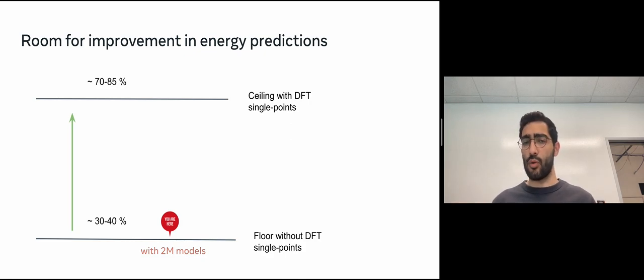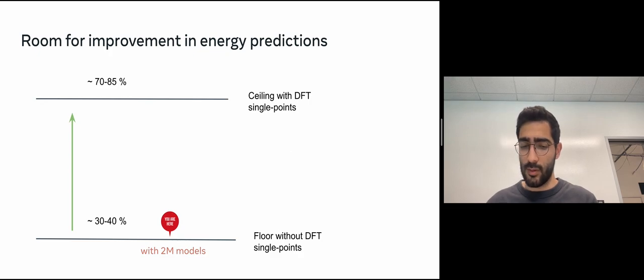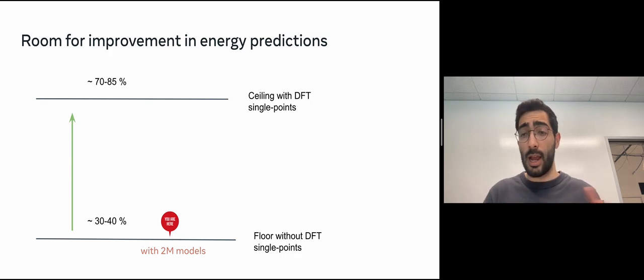And this is really the floor for this approach, in the sense that if you were to just use the models we've released as is, you're around 30 to 40% with the 2 million models. Now, the question is, what's the ceiling associated with these structures? That comes down to: what if I had a more accurate energy prediction of that ML relaxed structure? To do that, I can do a DFT calculation. I can take my ML relaxed structures, do DFT calculations on all those relaxed structures, just a single point calculation, and I get that energy value. And if I were to use those energy values to compute the success rate, I am looking at around 70